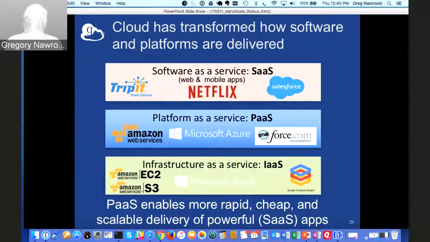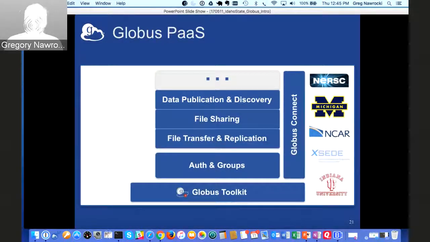to do things in the Globus way. And as a quick example here, everything on the right, the Globus Connect, that's the connection to the file system. And these aspects that I talked about with Globus, the data publication, discovery, file sharing, file transfer and replication, and Globus Auth, we've got our API set behind that, and we expose that.